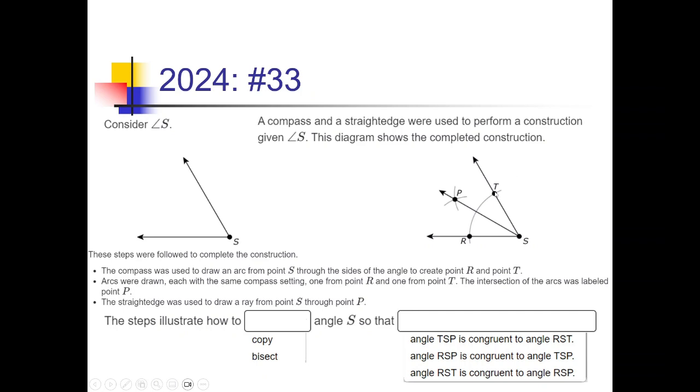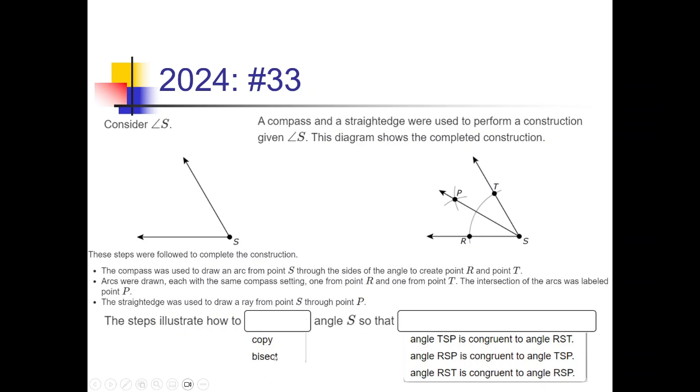Then they stuck their compass at T and R and drew a couple more arcs that crossed over at this point P. Finally, they took a ruler and drew a ray from S through P. Now they're just asking what do these steps illustrate? How to do what to angle S so that which angle is congruent to which angle. So even if you've never actually performed a construction before, you can kind of intuitively see that if we have a choice between